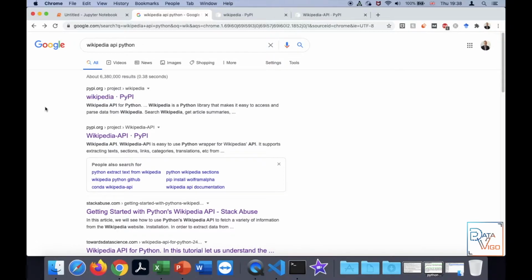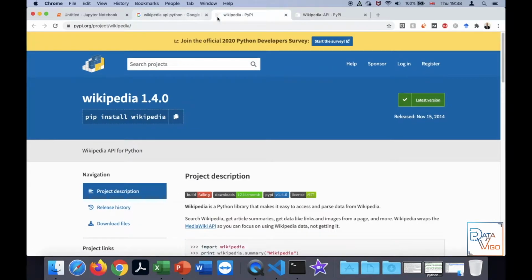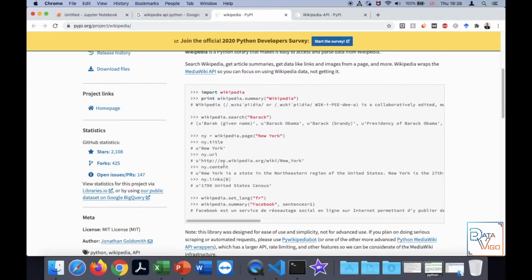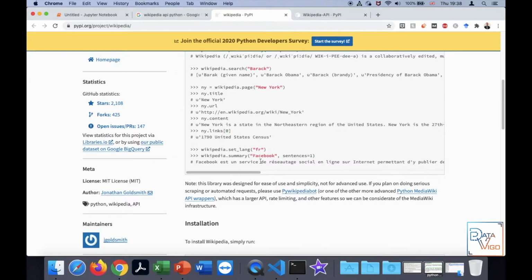The best way to find out whether a website is offering an API service is through a Google search. As you can see, I have put Wikipedia API Python in the Google search box, and it shows that there are two APIs available, as you can find the documentation in here. Feel free to explore the documentation and also the code examples and how to retrieve information. Both APIs are similar in terms of what they do. You can extract the text, images, URL links, etc. It depends on your purpose.